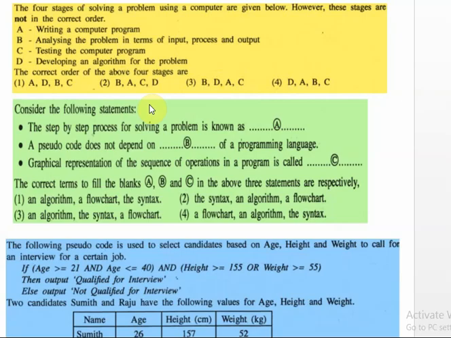Consider the following statement. The step-by-step process for solving a problem is known as. Always step by step. Right? Solving a problem is known as an algorithm. Always we are using the algorithm. Right? Step by step. Pseudocode does not depend on